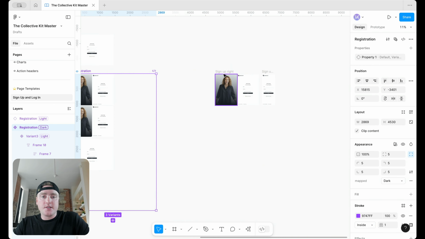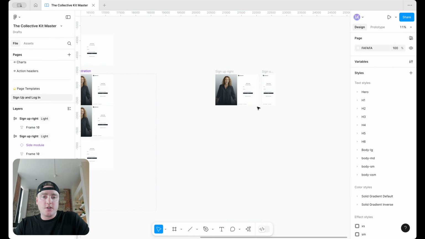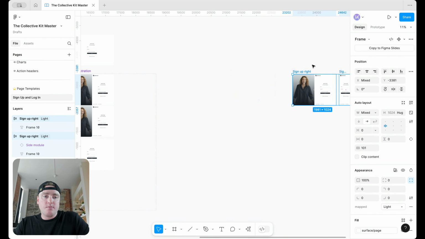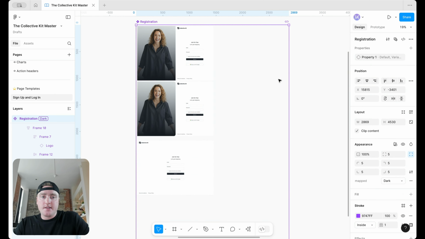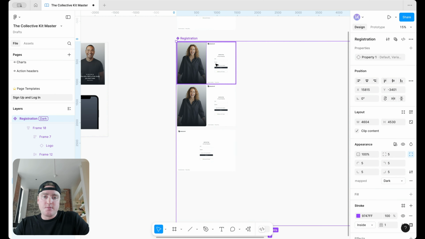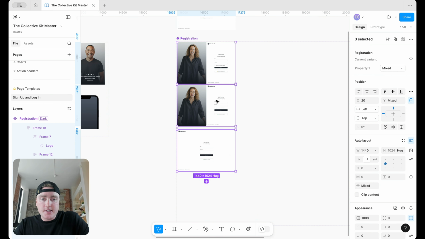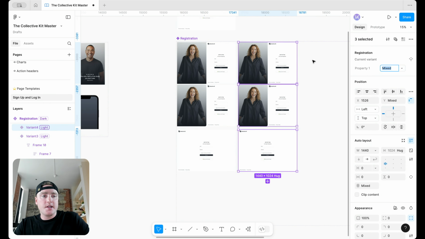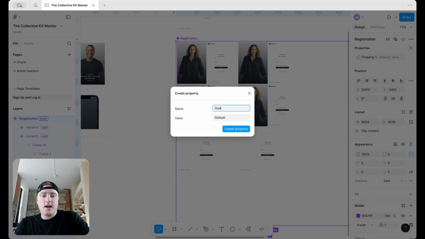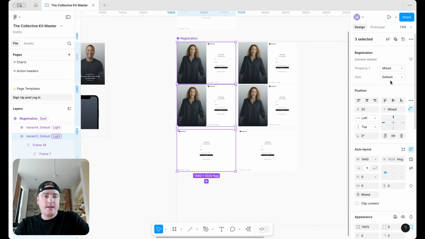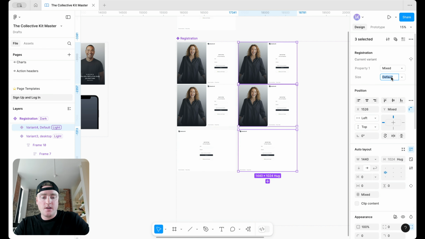And it still allows us to have something really similar to what we did here, where you have the pages side by side. Let me extend this out. What you can do then is extend these out and have different variants for your type. So if we have size, we might have a desktop, and then a mobile size,